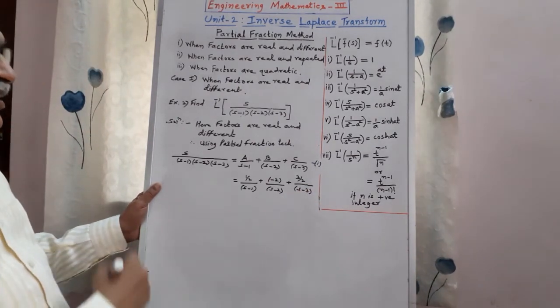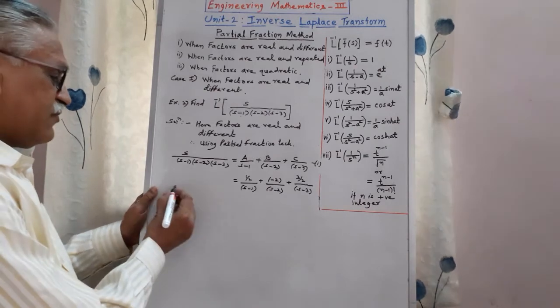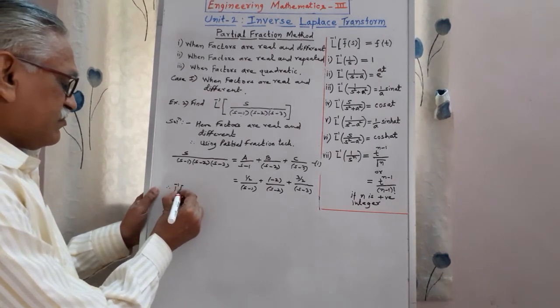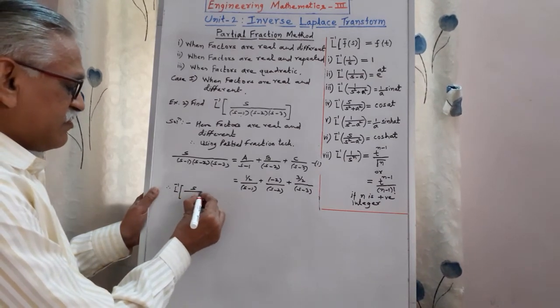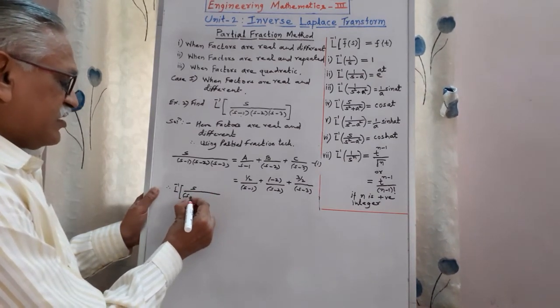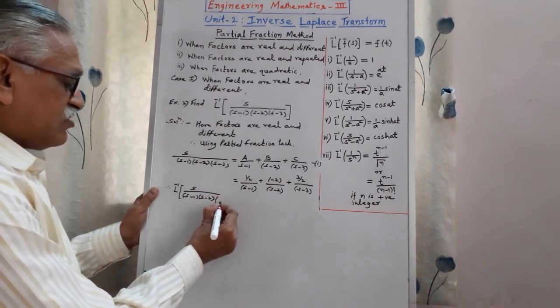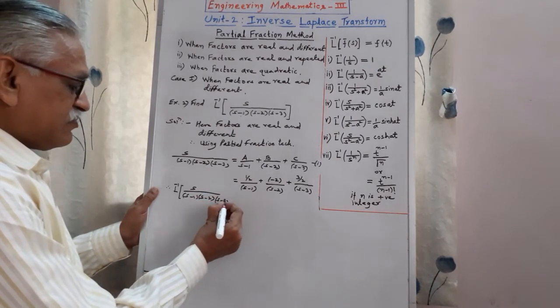Okay, and then taking inverse Laplace on both sides, inverse Laplace of s divided by (s minus 1)(s minus 2)(s minus 3)